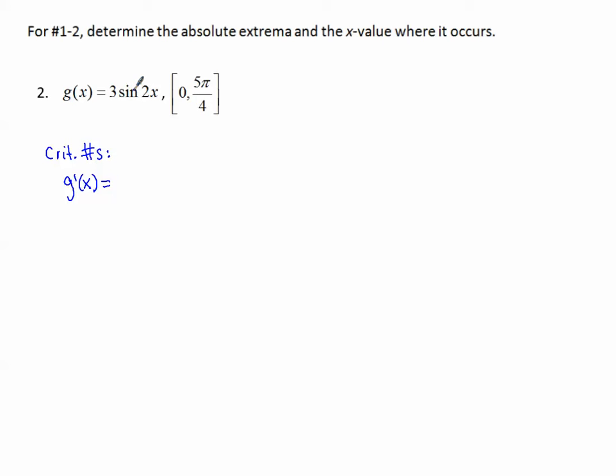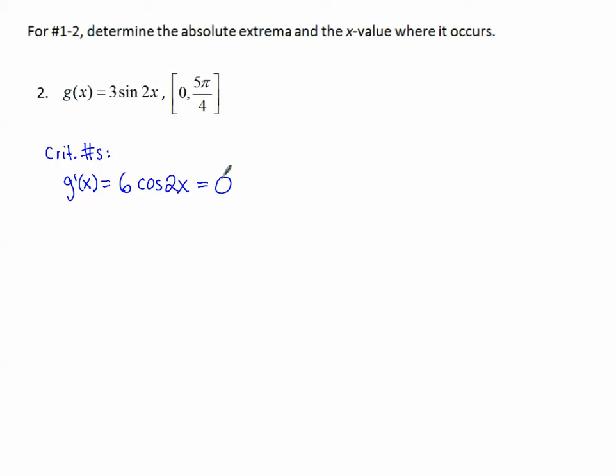First, the derivative of the outside is cosine of 2x times the derivative of the inside, 2. 2 times 3 makes 6. So 6 times cosine of 2x. There's no place where the cosine function's undefined, so we'll go ahead and just set it equal to 0 and